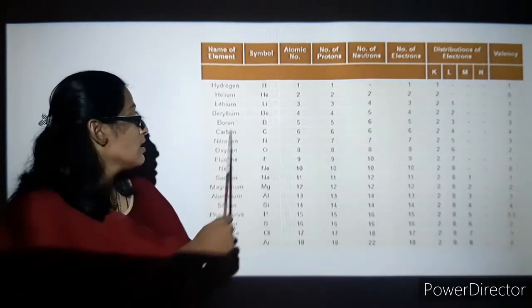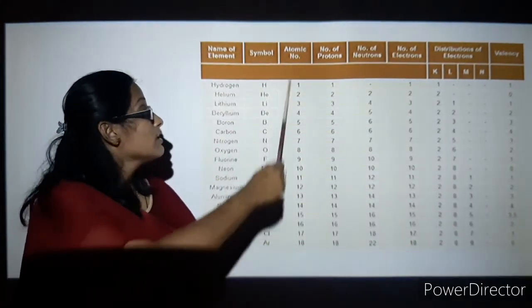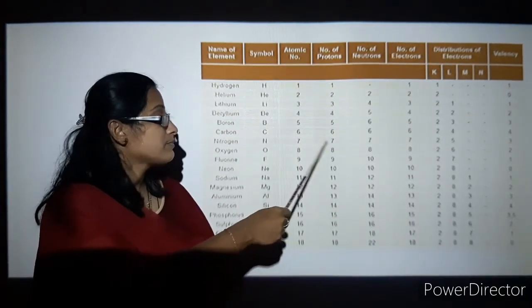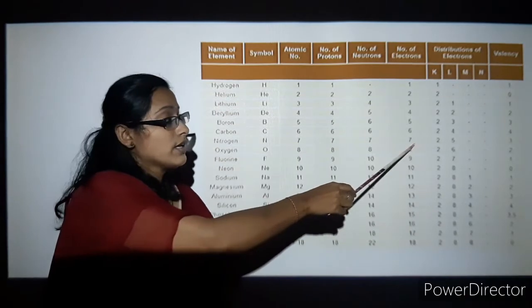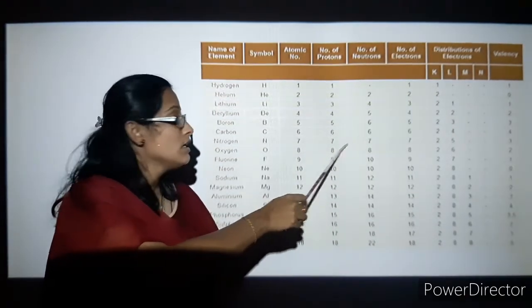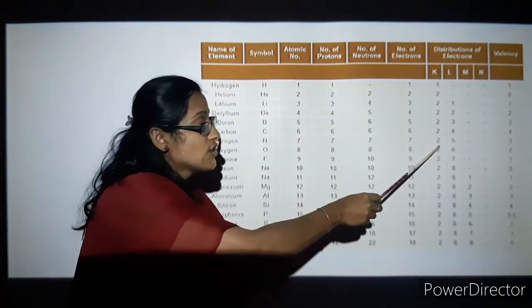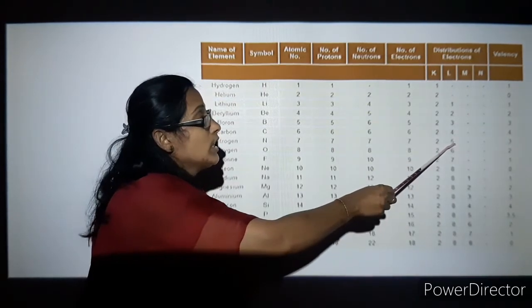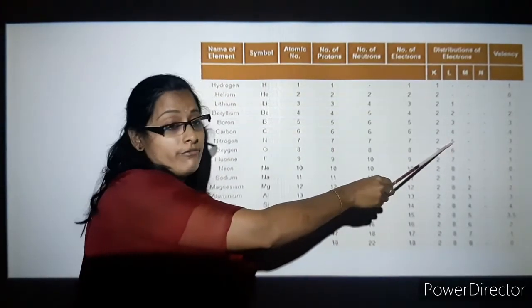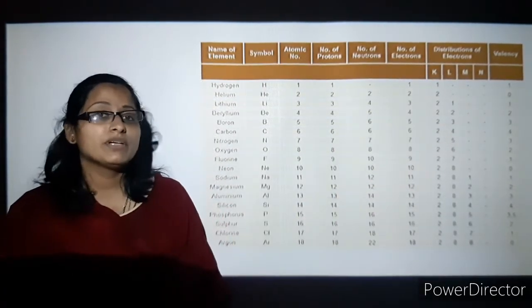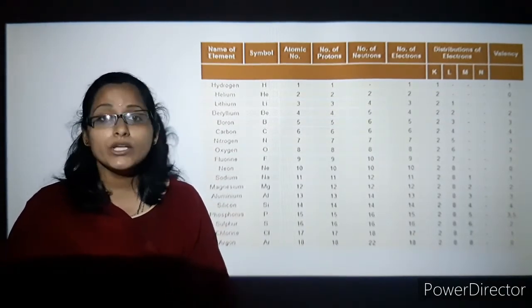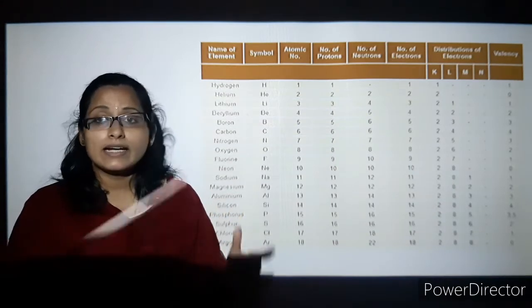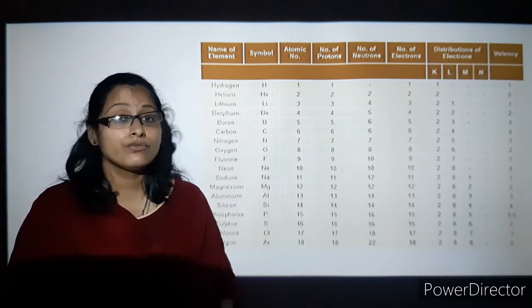So nitrogen remains as N. Next is atomic number 7. So again your number of protons, neutrons remain same. All these are 7 again. So K shell is 2 and your L shell is 5. So now what happens is, you will not write your valency as 5. What will you do now? You will see that octet is 8 electrons to fill in.